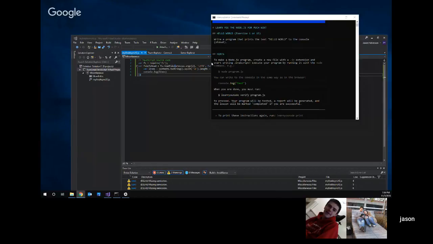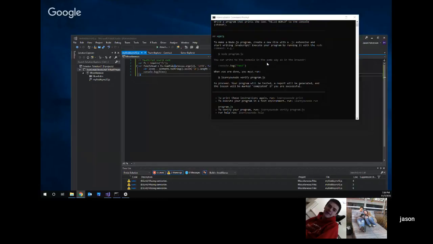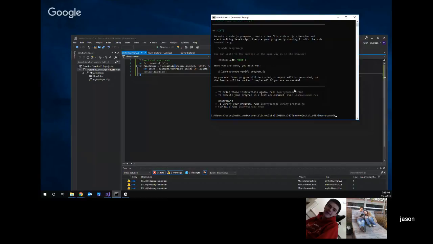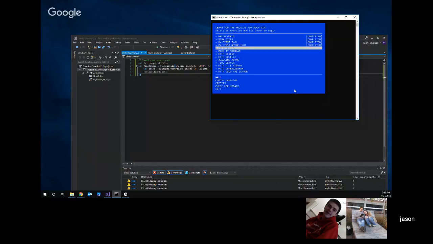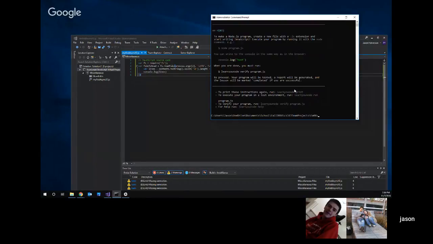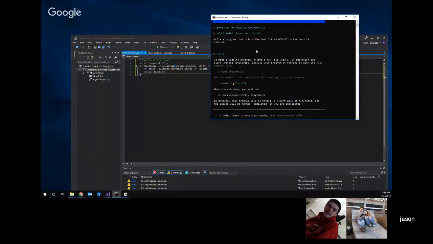So on this one, it is just a hello world. And so after you've installed Node, I was just going over how to do the learnyounode. So after it's installed, just type in learnyounode, you press enter, pops up this screen, and you can choose which task to complete. So if we go to hello world, pops up this, and it just tells you exactly